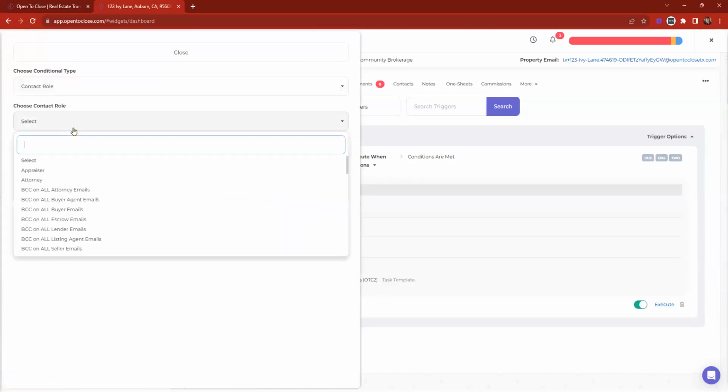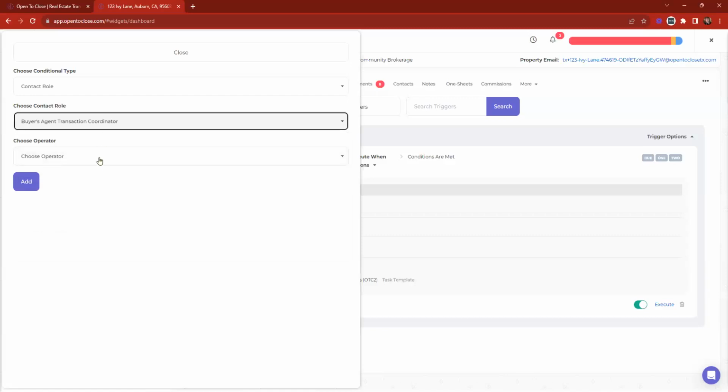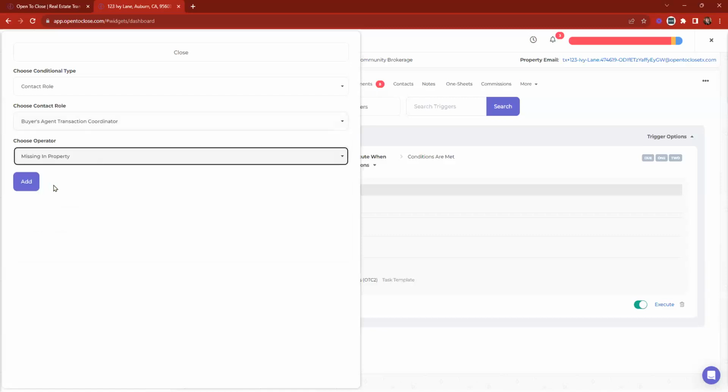I don't think I have that particular person in my account, so I'm just going to type in transaction coordinator. We'll say the buyer's transaction coordinator is missing on the property, then I want this task template to come on. It would bring in tasks to contact our co-op agent and solicit. If you're on the Pro plan, though,